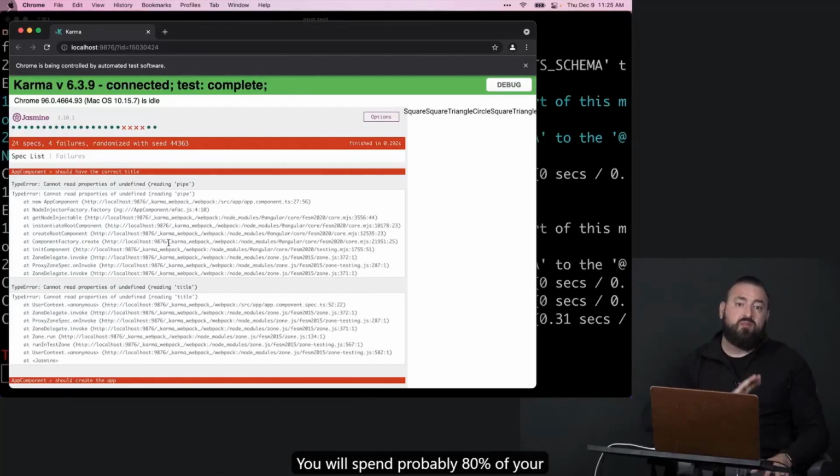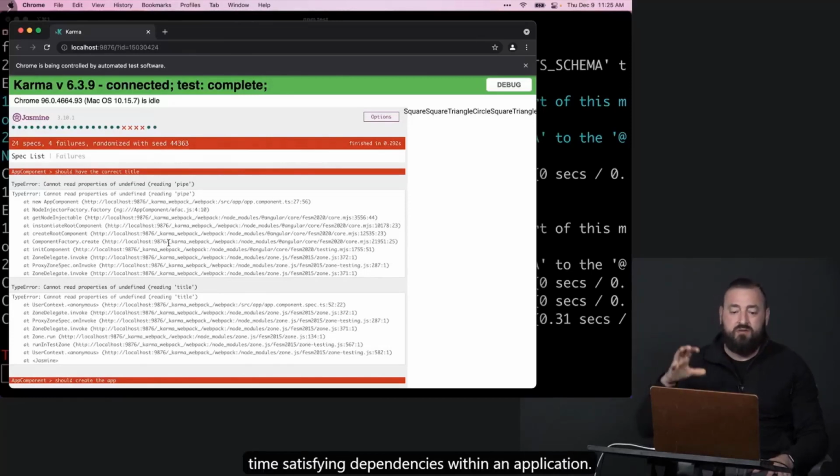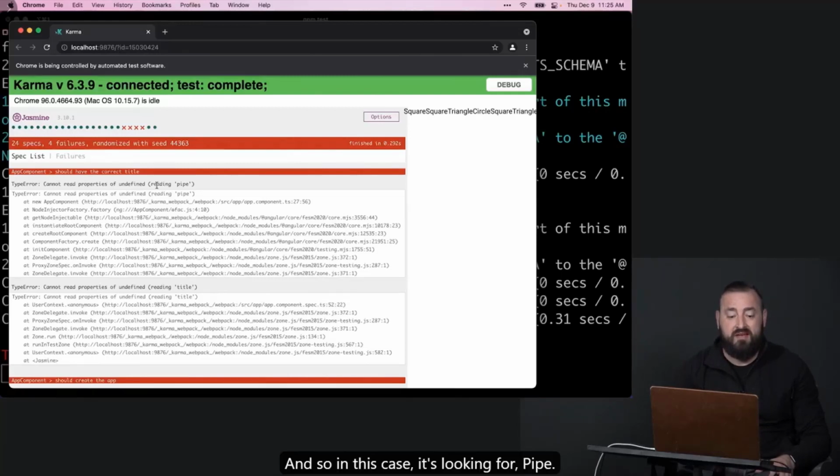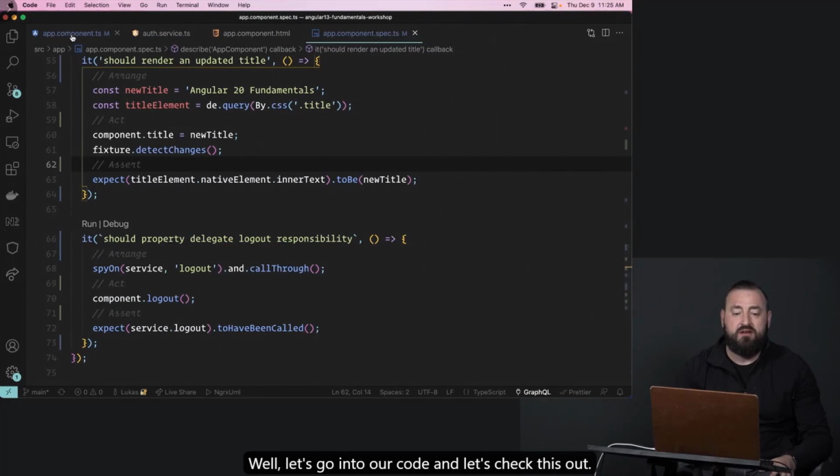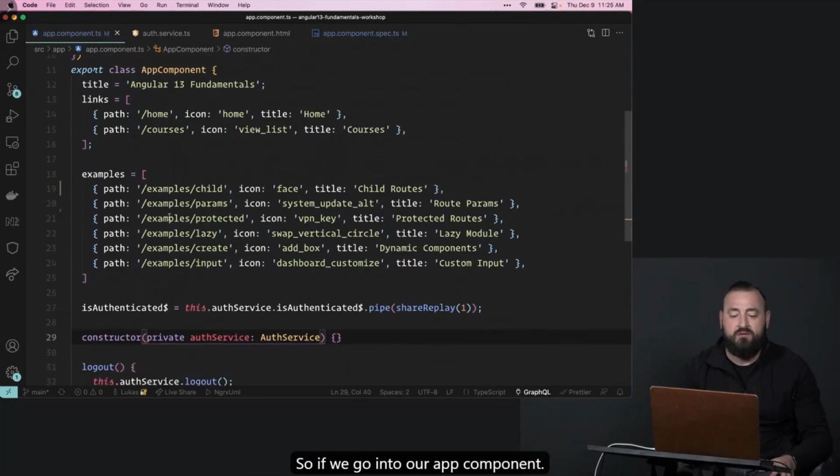You will spend probably 80% of your time satisfying dependencies within an application. And so in this case, it's looking for pipe. Well, pipe on what? Well, let's go into our code and let's check this out. So if we go into our app component,